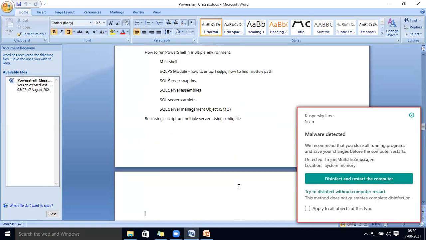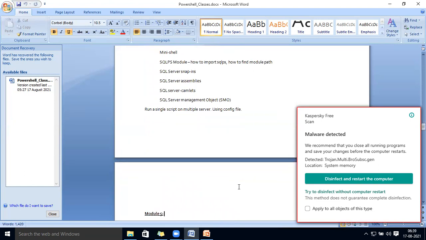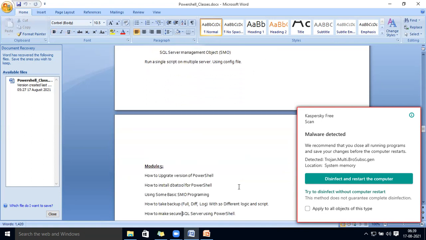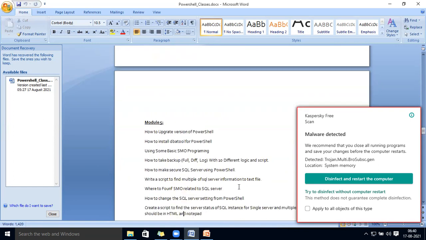After that, module 4 is mini cell and SNAPIs tool, SMO, SQL Server Management Objects. Here we will learn about the configuration file. A configuration file is nothing but just passing the parameters. Whatever script you have, a few things are going to change. If you have written a script for taking a backup, what is variable in a backup? Just your database name, your server name, or your path. These three things only change and the remaining script will be the same. So we are going to make these three a variable part as a configuration. So the script will always be the same. You will pass these 3 parameters and you can perform your activity.